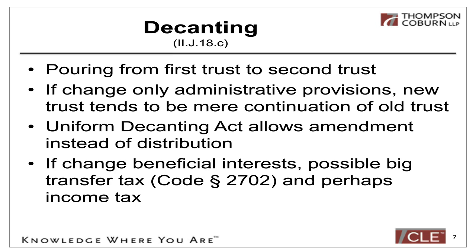So the Uniform Decanting Act recognized, hey, if you're just going to pour the entire trust into a new one, and then you have to retitle all the assets, that seems kind of silly. What we really have going on is the trustee amending the trust. So the Uniform Decanting Act says that if you're authorized to decant, you can do an amendment instead of a distribution. Now, there are only a few states who've adopted that act so far, but we're hoping there'll be a lot more adoptions and people can do an amendment instead of a distribution.